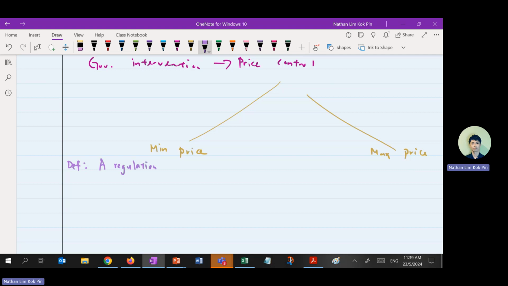Government doesn't make choices. It is imposed by the government above the equilibrium price to protect who? The minimum price protects